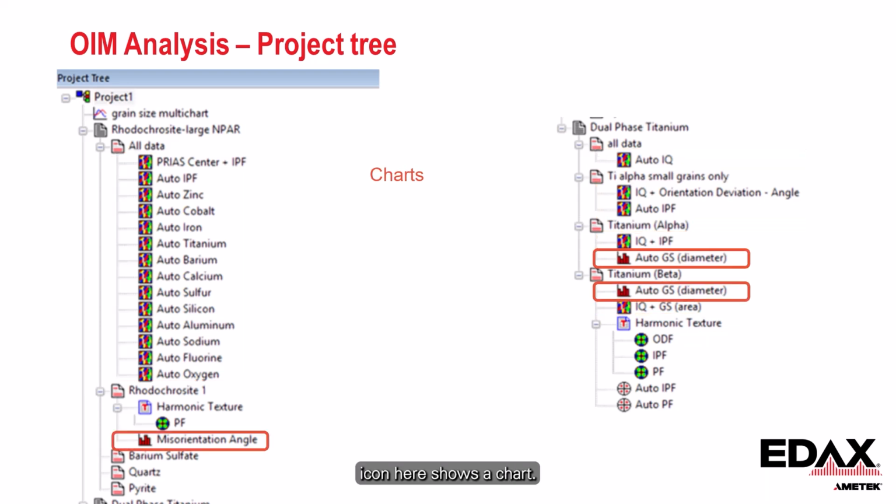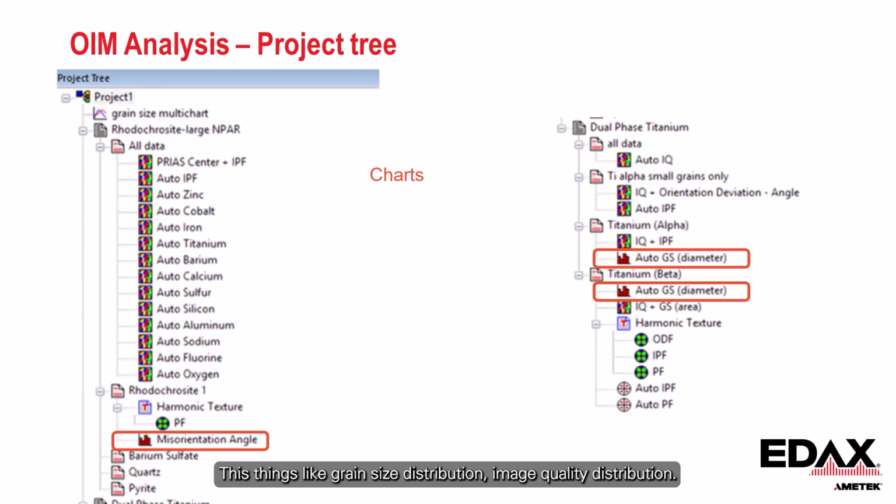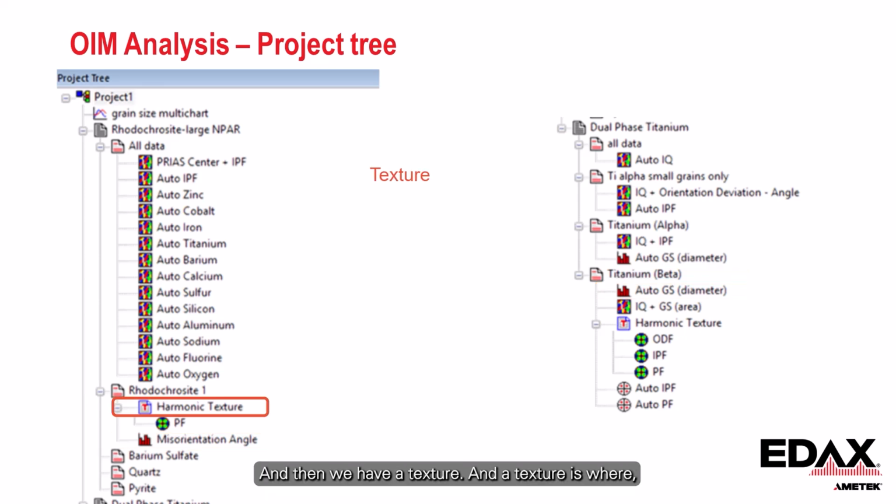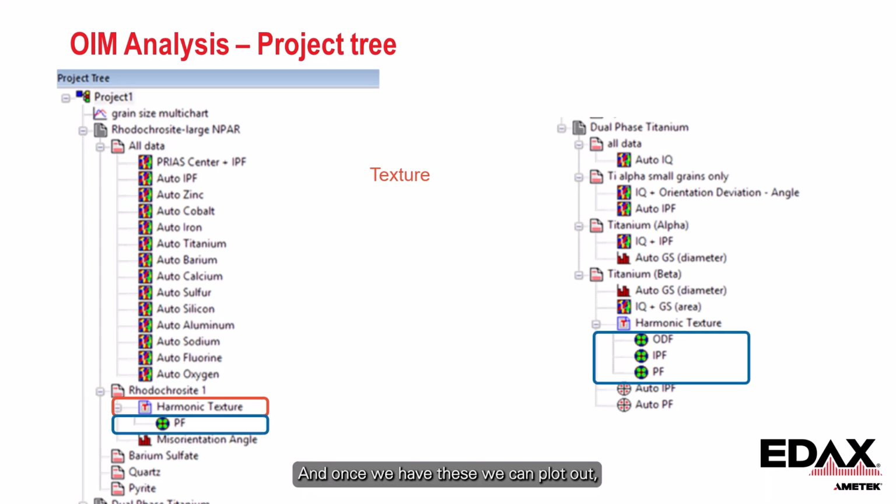This icon here shows a chart. There's things like grain size distribution, image quality distribution. For a lot of the types of maps we can display, we can see a chart that shows the distribution of those measurements. Then we have a texture, and a texture is where we are looking at the strength of a preferred orientation and distributions of preferred orientations in a material. And once we have these, we can plot out pole figures, inverse pole figures, ODFs from different textures based on